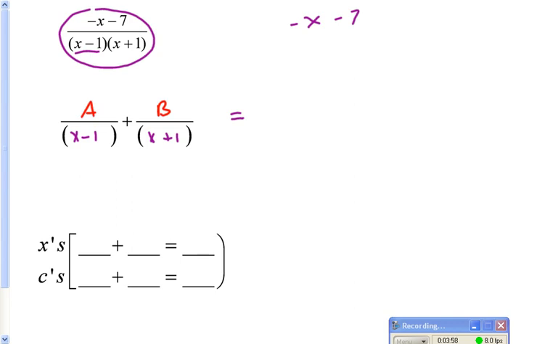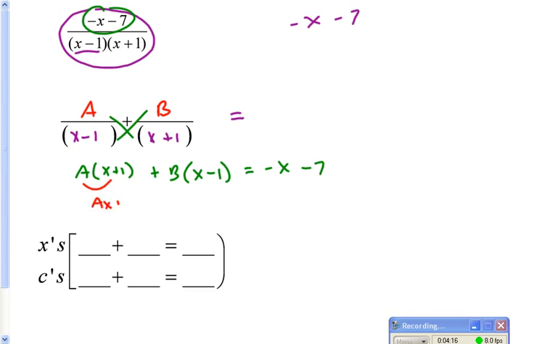And when I find my common denominator, I have a times x plus 1 plus b times x minus 1, and the problem tells me it equals negative x minus 7. Distributing that, I have ax plus 1a plus bx minus 1b